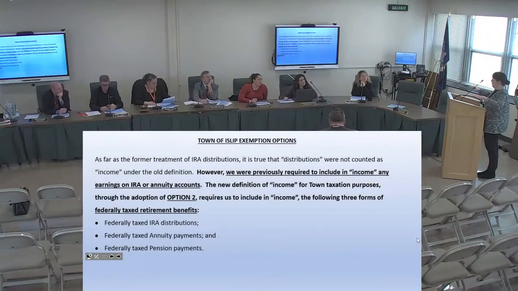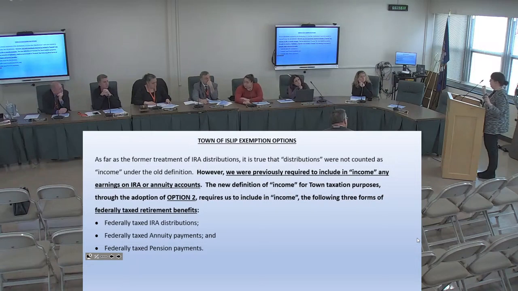But we do know that with the new definition, we can no longer treat as income the non-federally taxed income payments. So we know that there's going to be a shift. The amount of that shift, we do not know. So on balance with the old exemption definition and the new exemption definition, most of the Assessors Association is referring to this as no longer a low-income exemption because many more applicants will qualify. But the numbers, we don't know.